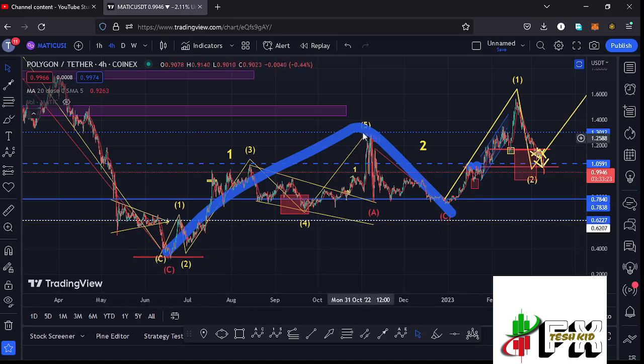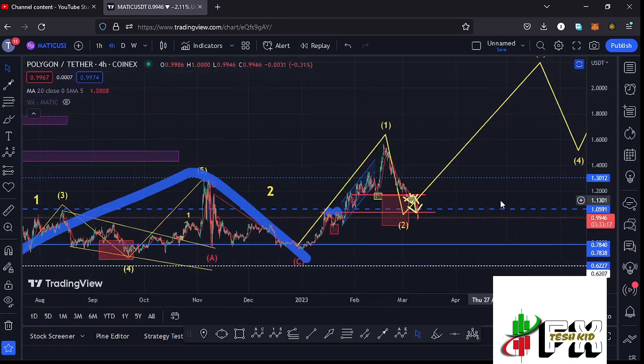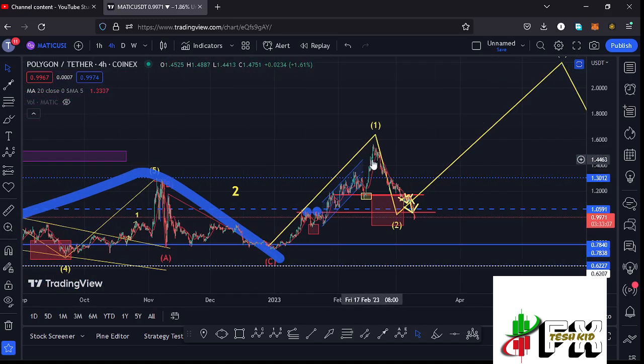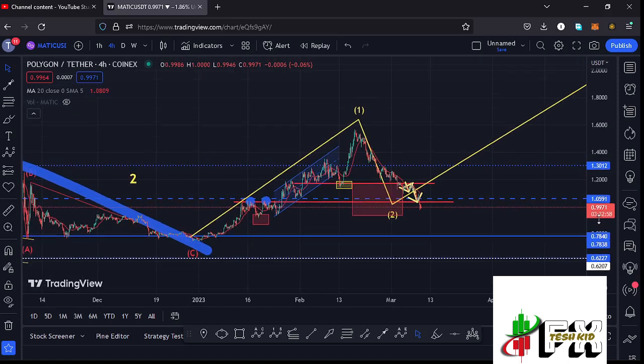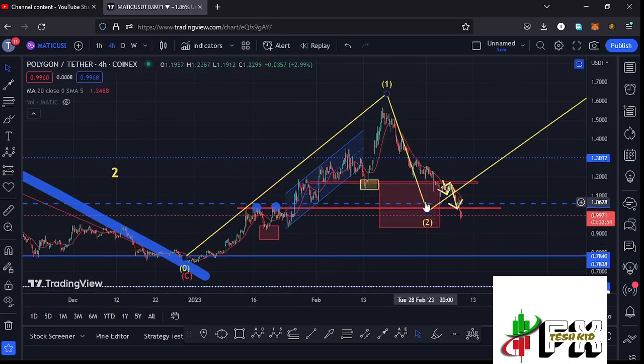So we have this as a 1-2 setup, and after making the low for that 1-2 setup, we started an Elliott structure to the upper side, where you can see that I have this Elliott structure in yellow, having that is the first wave, having the first wave giving us a peak at around the $1.57 mark. And after seeing the high for that wave 1 to the upper side, whatever we expected next was a corrective structure to the lower side in the formation of this wave 2, and I believe that is what is playing out over here, and sketching out a target area to the lower side in the formation of this wave 2